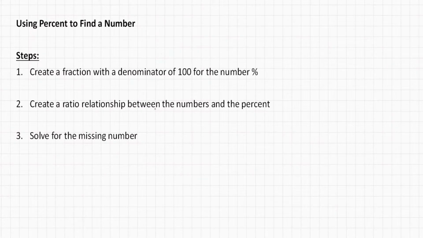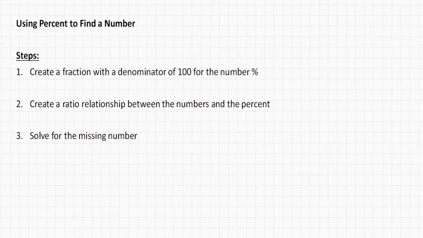Now, how do we go about using percent to find a number? So the first thing you want to do is to create a fraction with 100 as its denominator for the number that is to the left of the percent. And then we're going to create a ratio relationship between the numbers and the percent, and we're going to solve for the missing number. Now, this may all sound confusing, so let's go ahead and use these steps to solve